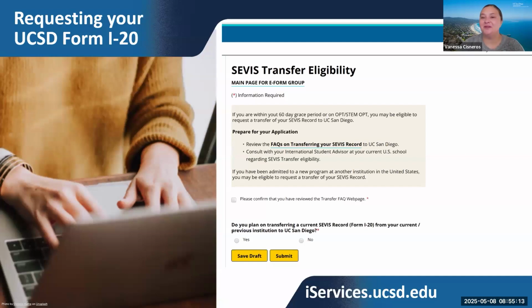This is what you will see when you're in iServices and you've done, for example, the new Admit I-20. You will provide information here about the SEVIS transfer eligibility. So you'll see this and you'll provide your institution's information, your current SEVIS ID, and you'll also provide us the date that you told your institution to transfer your record. Because we cannot issue the transfer I-20 before your SEVIS release date. So for example, if you're currently enrolled in a quarter system, you're likely finishing classes in June. So we wouldn't be able to issue a transfer I-20 sometime in May. We have to wait until after your institution. So you'll give us all this information here, so that way we can do our best to process your I-20 request in a timely fashion.